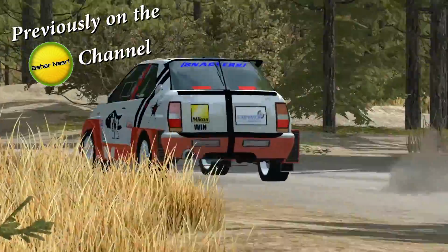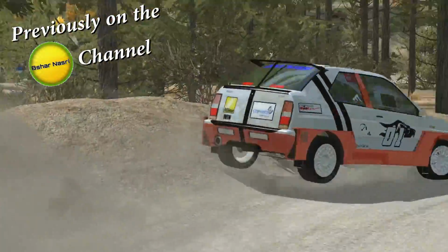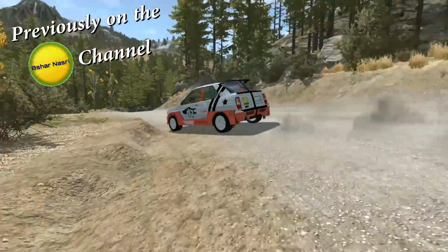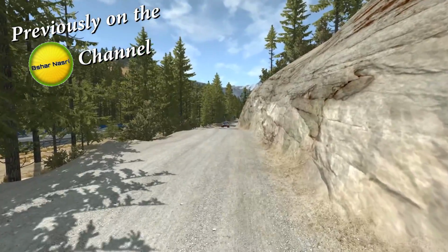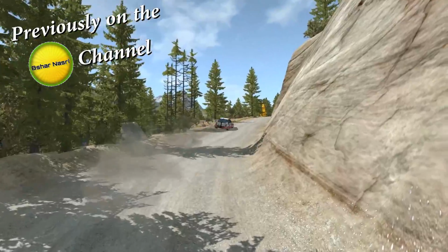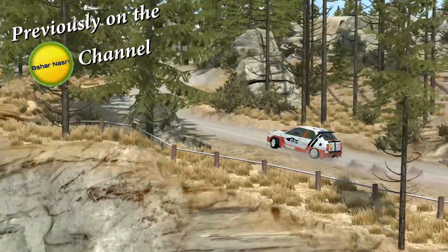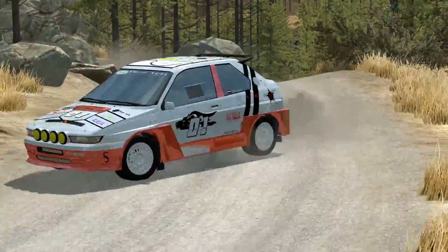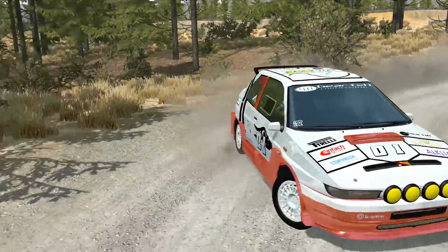And of course, you need to follow all the rules. If you want to participate, you need to create your own Gr.B rally car. You need to follow all the rules and submit your car on my Discord before the deadline, and you can participate for a chance to win this awesome car, the Proto 450, a car designed by myself to be super agile, super fast, and super crazy on every rally track in BeamNG.Drive. And now, let's start with this awesome video, because in this video we'll be driving